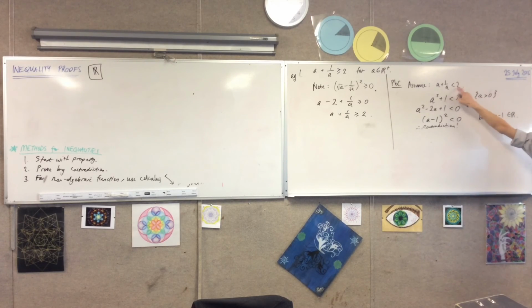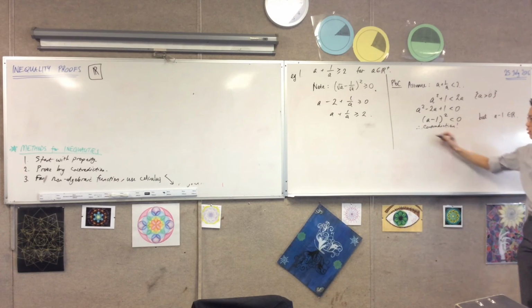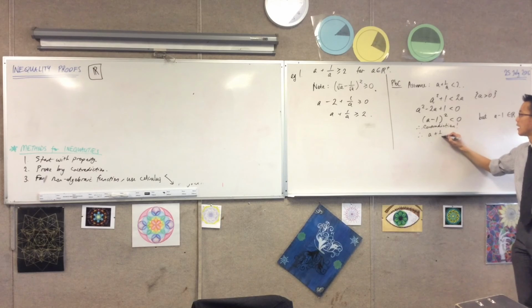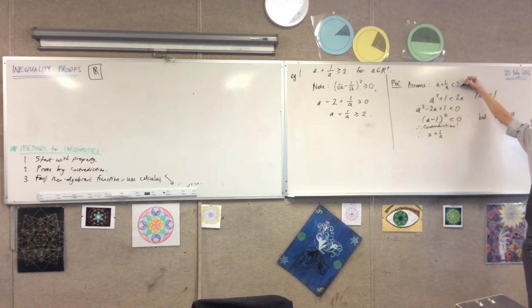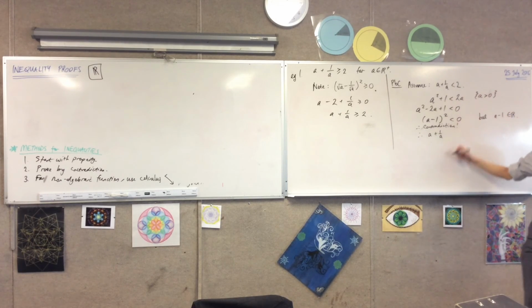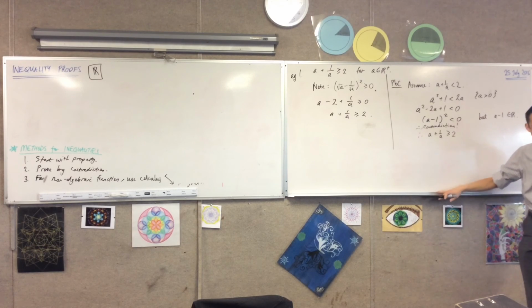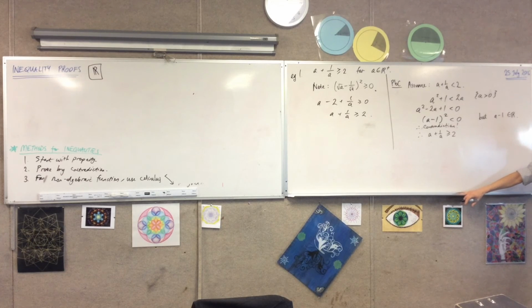Ridiculous. Therefore, assuming all of your logic here is sound, your assumption must have been wrong. So a plus 1 on a is not less than 2, and the only way for it to be not less than 2 is for it to be greater than or equal to 2. That seems a bit dodgy, and perfectly sound. So from that, how do we know